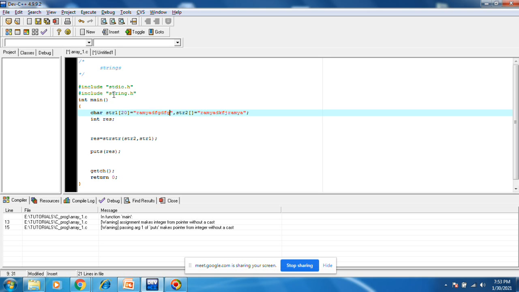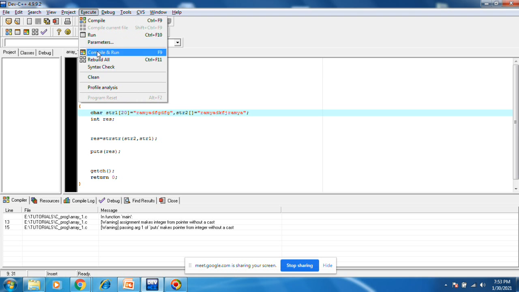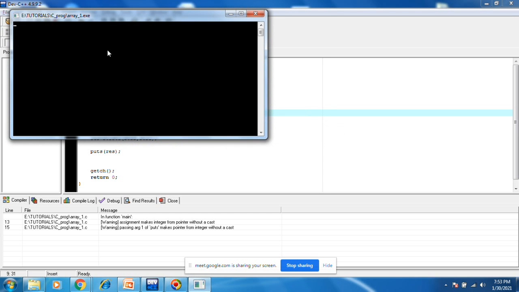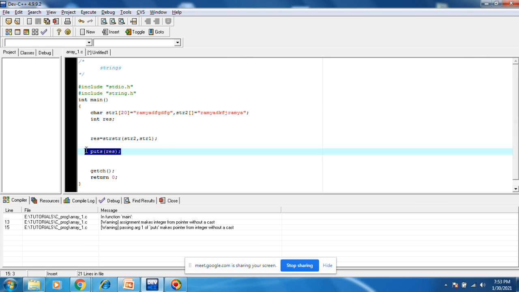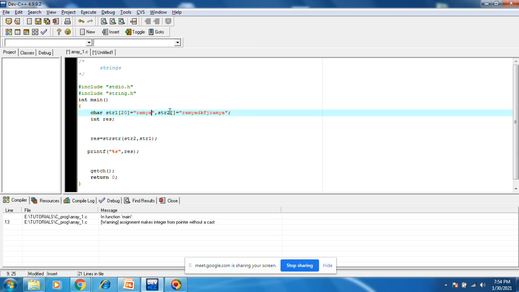Suppose if I do something different string, execute, compile and run, it should print null only. printf percent s, comma res. Execute, compile and run. Null it prints.